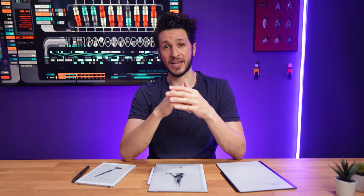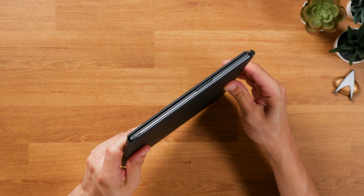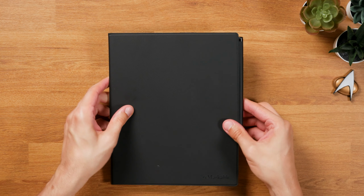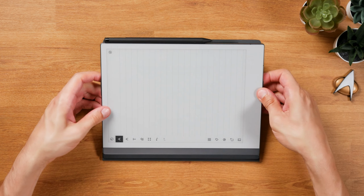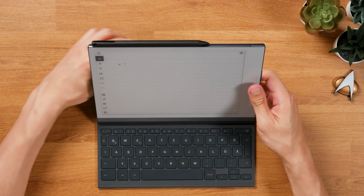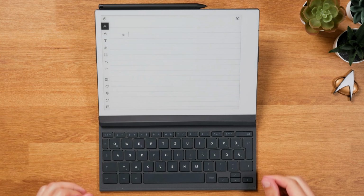The reMarkable 2 has an optionally available keyboard cover that's incredible in terms of haptics. It hides the QWERTY keyboard away so nicely that it's hard to notice when it's closed, even when you know it's there. And that keyboard is really nice to type on as well. With that, you can quickly convert your paper tablet into a digital typewriter without compromising too much on portability and